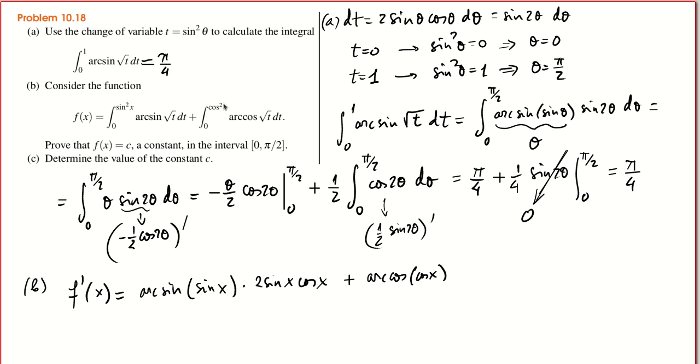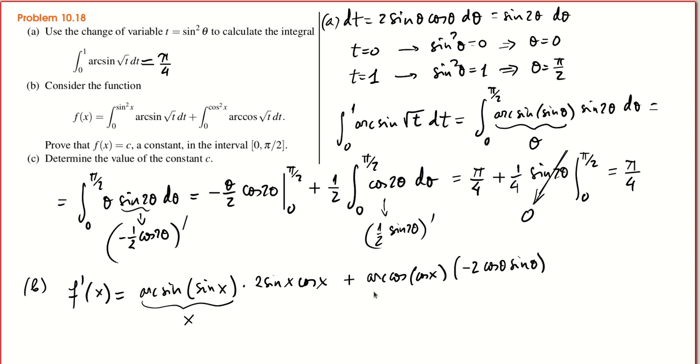And now we have to multiply by the derivative of this, which is minus 2 cosine sine, because you have 2 times cosine because it's a power, and then you multiply by the derivative of the cosine, which is minus the sine. This here is x,